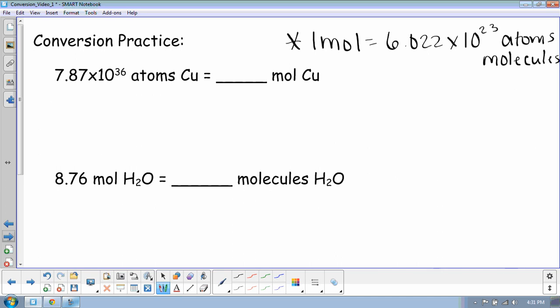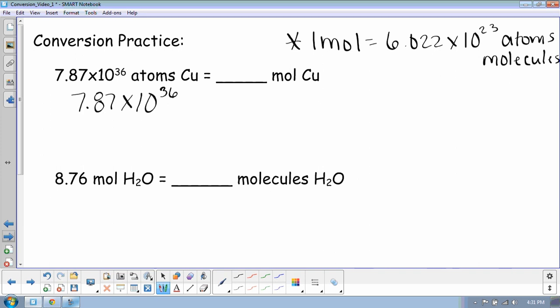Please note, molecules are not the same as moles. I know it may be tempting to shorten molecules in your mind to moles, but no, don't do it. They're not the same. So don't fall into that trap. Let's go ahead and start by writing with the number that you have first, which is 7.87 times 10 to